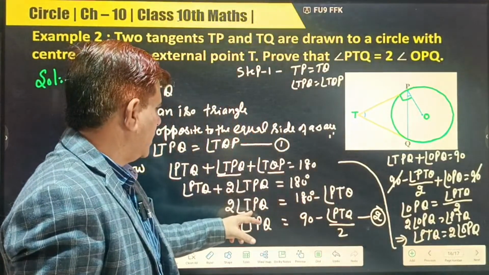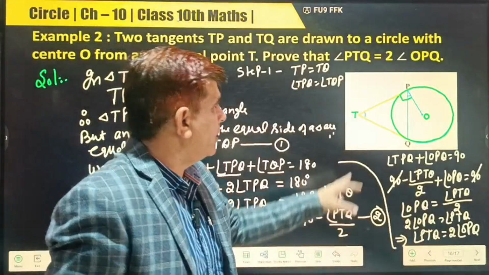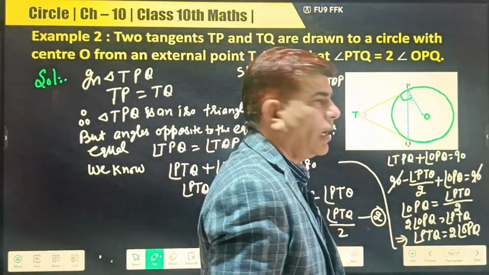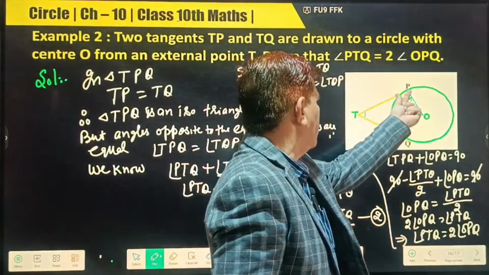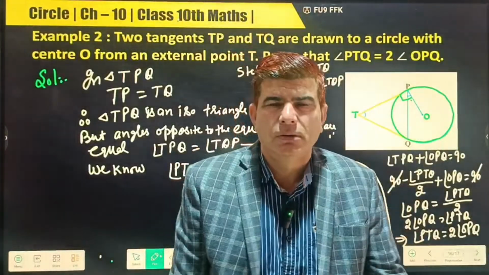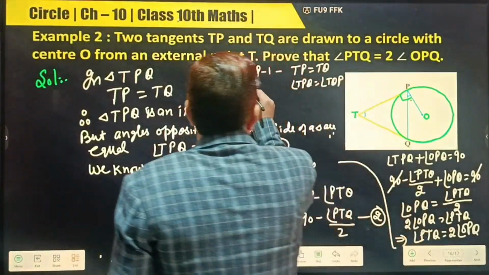So this is written and this is equal to this. But we know this plus this is how many degrees? 90 degrees. So put the value of this angle in the form of this angle, and you will get the result. So step number 1, step number 2,